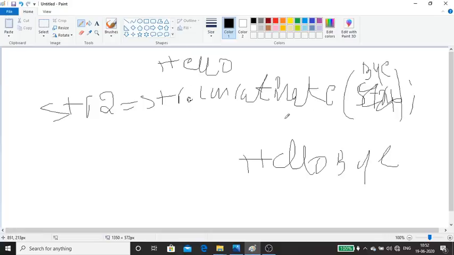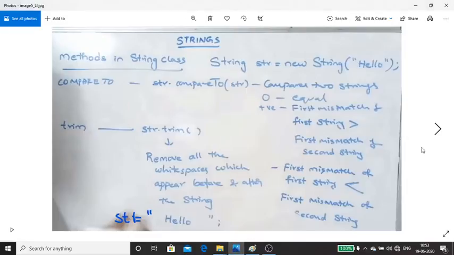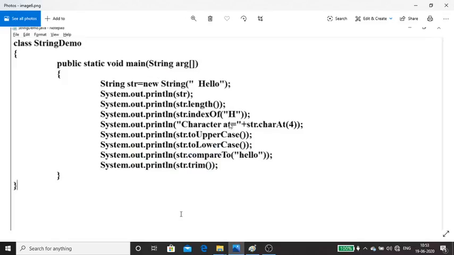Otherwise, if you don't use this part and just write it this way, it will remain the same, "allow". It will not get modified. It should be assigned to some other new object, then only you'll get the output. This one is your last function, string concatenate. Next we'll execute that in a simple program.